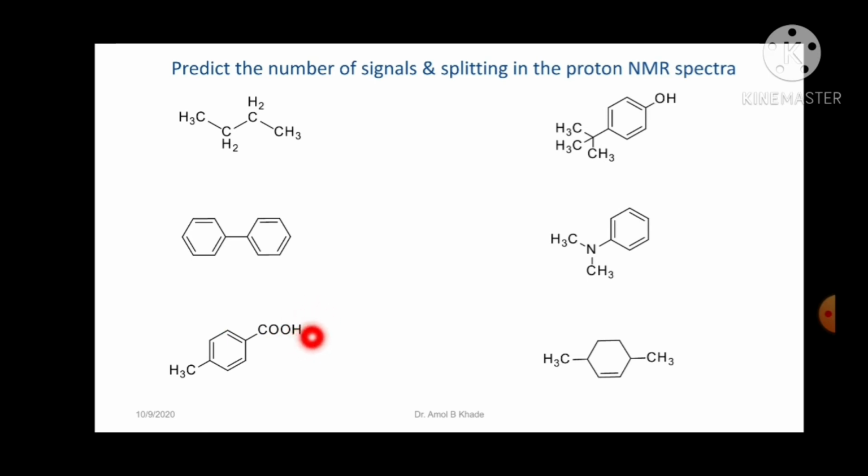Okay, and when we talk about the splitting pattern here, for this COOH there is no question of a neighboring carbon. So N will be 0, so COOH will come as a singlet. Similarly CH3, the neighboring carbon is here and the valency of carbon is fulfilled, so there is no proton, so again N will be 0, so it will be a singlet for CH3 as well as for carboxylic acid. And for aromatic protons, at UG level we directly write it as a multiplet.